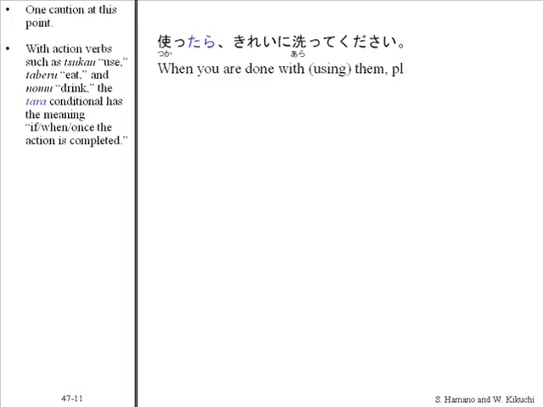One caution at this point. With action verbs such as 使う, use, 食べる, eat, and 飲む, drink, the tara-conditional has the meaning if, when, or once the action is completed. 使ったらきれいに洗ってください。